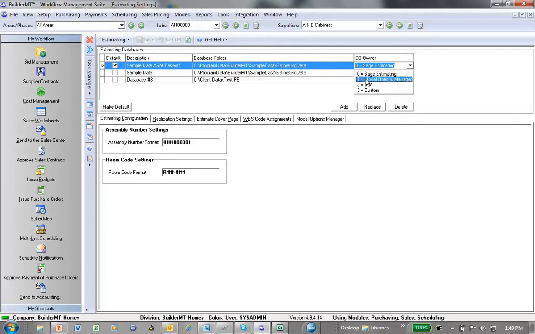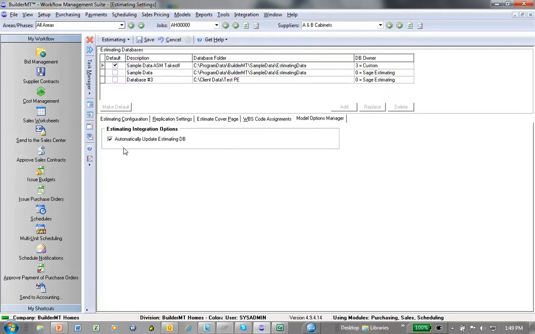You will also now be able to start maintaining your database in what's called Models and Options Manager, a new product that we've developed here at BuilderMT. This product will be rounded out in the remainder of 2012 to allow you not only to maintain your database but also to build your database from scratch, and therefore it could be your database owner. No matter which option you do select, we will update the estimating database in Sage Estimating, as we will continue to focus on the capabilities of Sage Estimating for those builders who want to continue to use the Sage Estimating